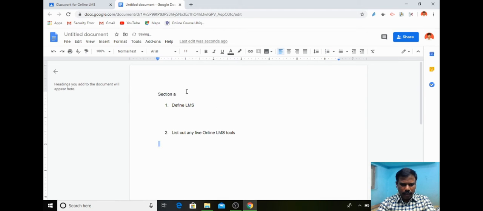So like that I can create here, 2 into 5 marks equal to 10 marks. So section B, here 5 into 5 or 10, 50 marks.